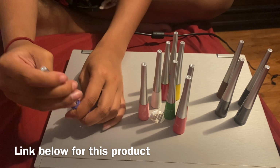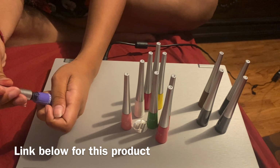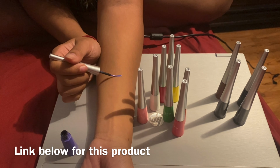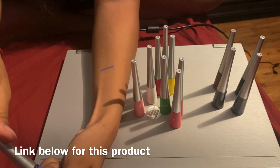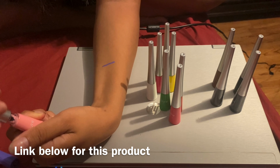So it actually is pretty good quality and dries really fast. So I'm just gonna show it on my hand. So here's the purple. You do have to let it dry though for a second before it becomes matte. Purple. I do like this set because there's a lot of different colors, but I was kind of thrown off